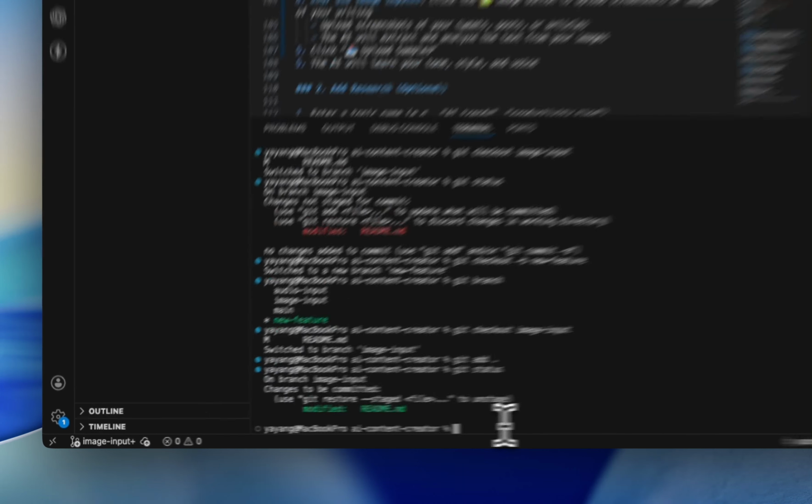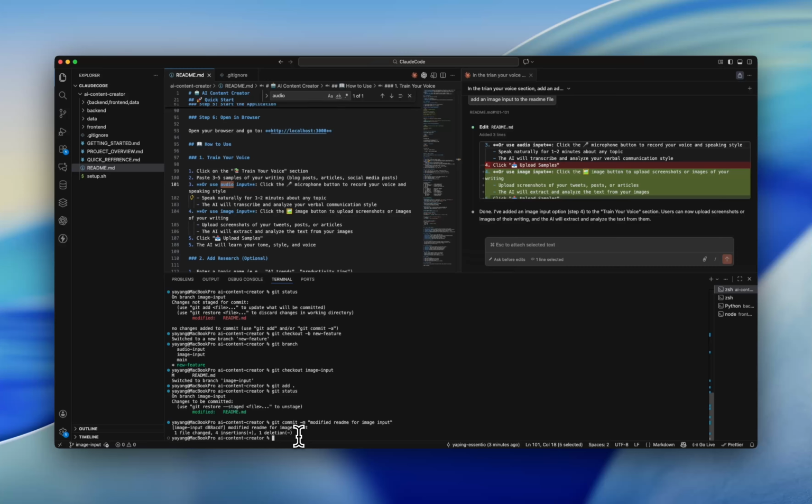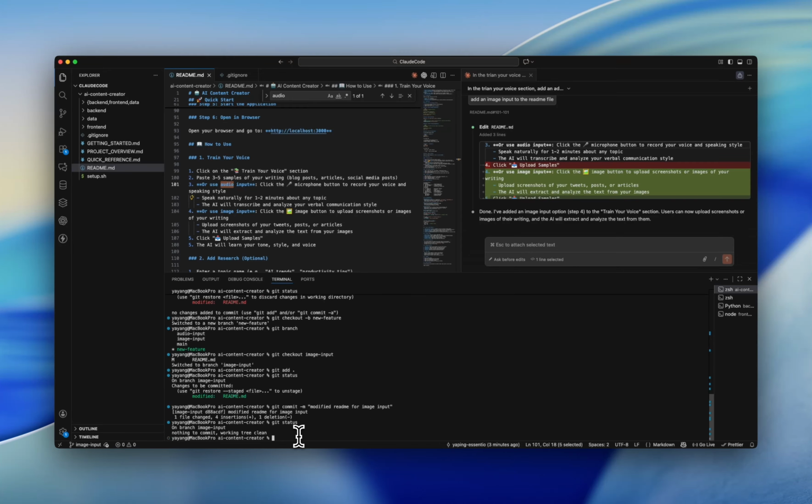And now, before we push the changes to our remote repository, we do want to commit with a commit message to specify what has been changed. To do this, we can use git commit -m to add a new message. In this case, we simply modified readme for our image input. Okay, and let's go back to git status to see